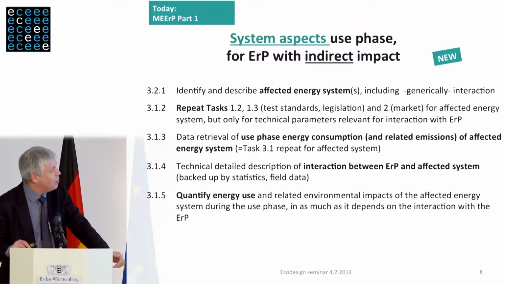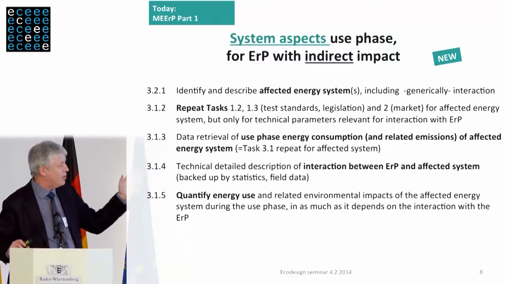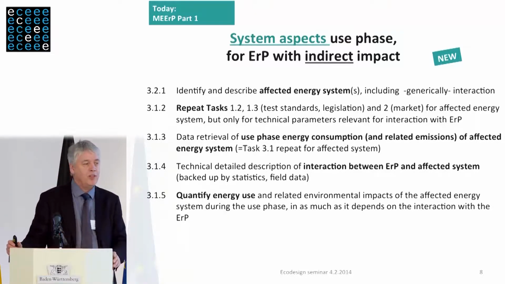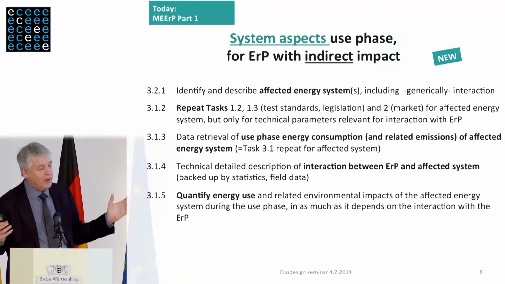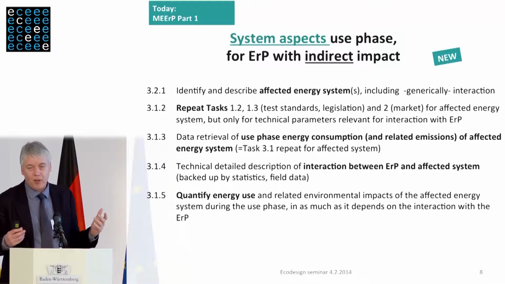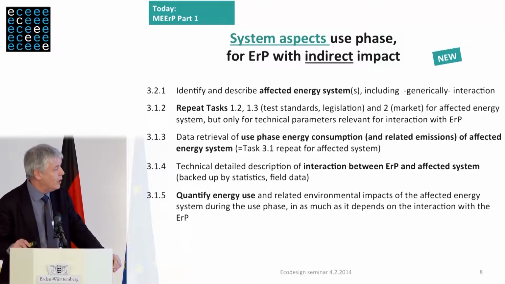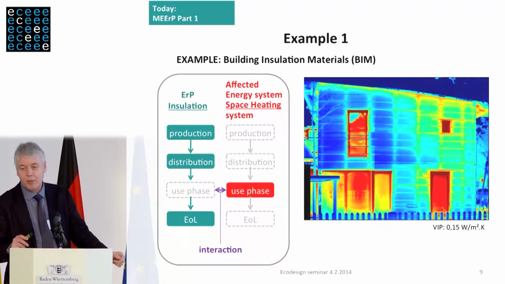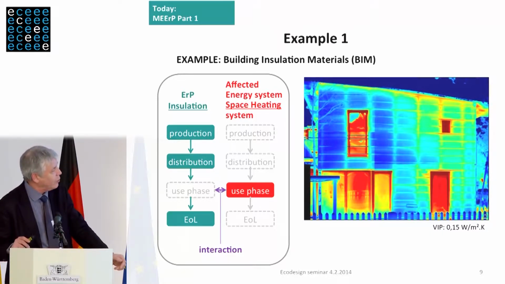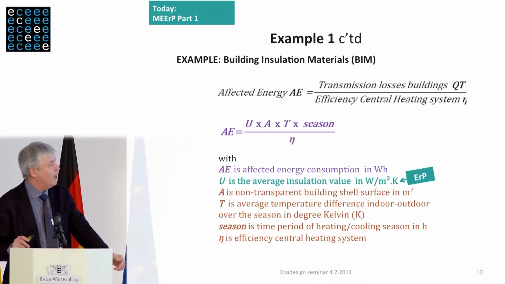Okay, the approach with an indirect product is a little bit different, the tasks are a little bit different from the one with an energy-using product. And actually, you just have to multiply the amount of data gathering by at least factor 2 or 3, and sometimes even much more. Just some examples. So this is one where the product itself doesn't use any energy, but it induces, of course, the energy of something else, with building insulation materials, for instance. Relatively simply,